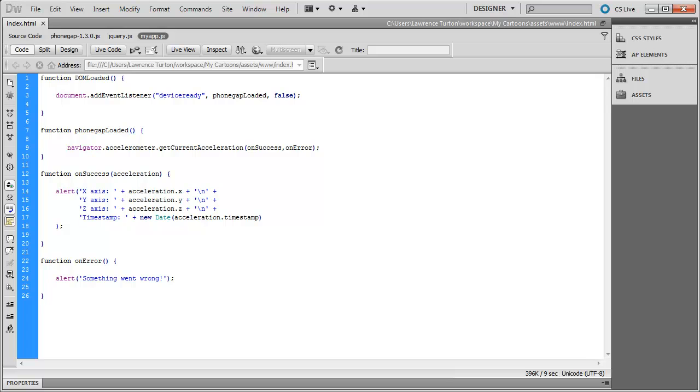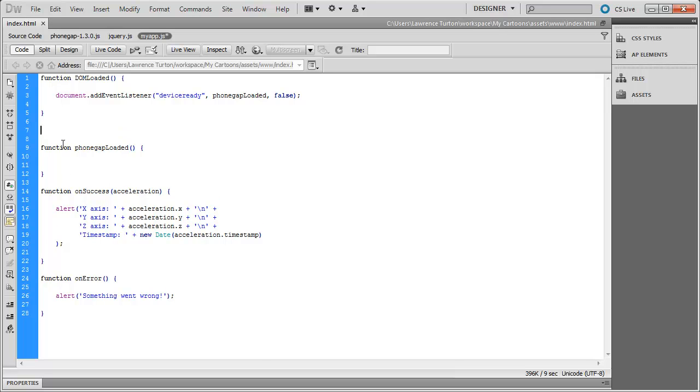This gets the device's current acceleration at a regular interval. So instead of just capturing that data and then displaying it, we can keep capturing that data and keep updating that information to the user, which is really great. And again, this will be required for games and stuff like that, where we need to keep track of the motion of the device. So what we're going to do is delete this out,